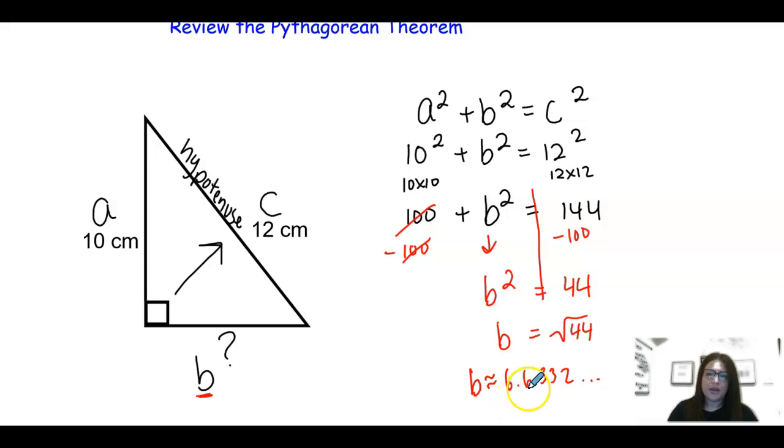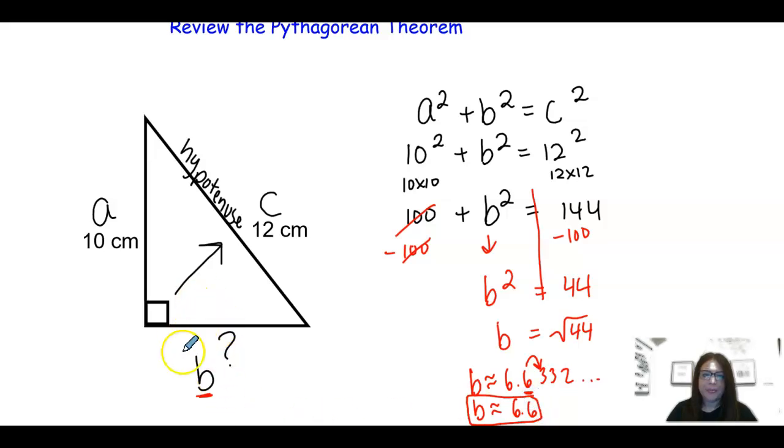Okay, so I already chose to round to the nearest 10, so this is my 10th place value. Now the neighbor is a 3, that's going to make it rest. In other words, I do not round up this time. I go ahead and keep it just to 6.6. So I'm going to say B is approximately 6.6, and that is going to be my final answer for my